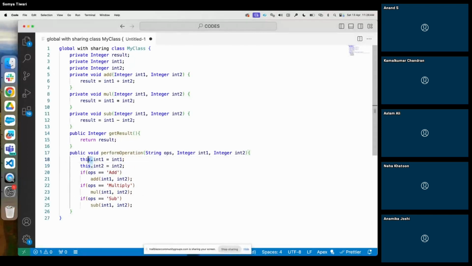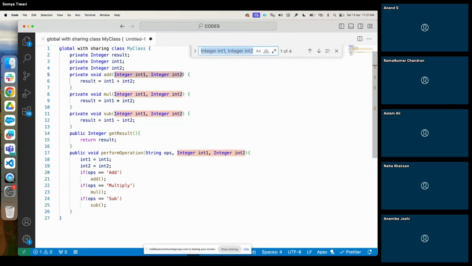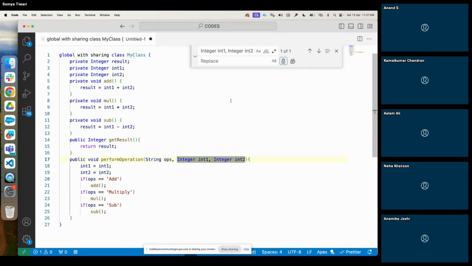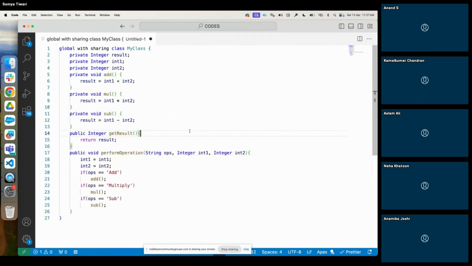Over here we don't need this, we directly do it and it gets assigned to the private variables, and then again we don't need to call it like this. That's it. So this is a proper encapsulation code, but this is something we don't prefer because when we are